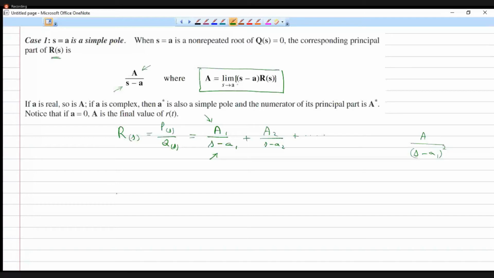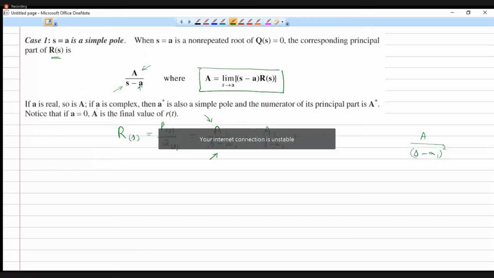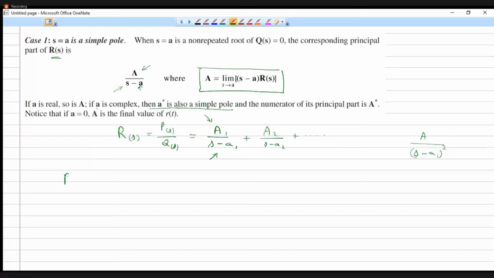So the second point is telling that if a is complex, then a star is also a simple pole. An example I can give you is, for example, let us have the polynomial equal to 1 by s square plus 1. Let us consider such a polynomial. So how can I express this as a partial fraction? So I can split this as equal to a1 by s minus j plus a2 by